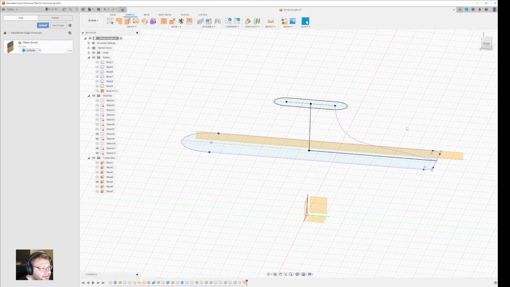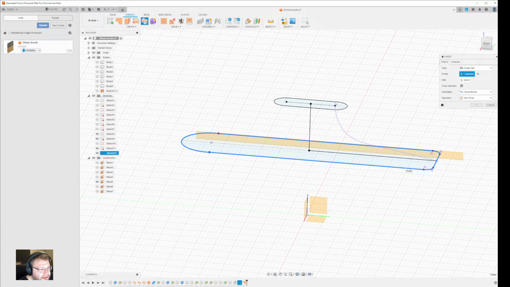So let's see if I can make that even better. Let's see. I don't know if that works to have two sweeps. Profile is this, and you cannot have two. Use two profiles? Nope. Path, guide rail,